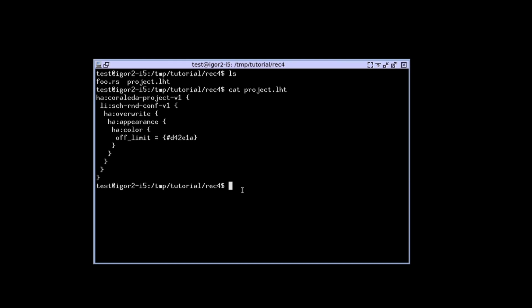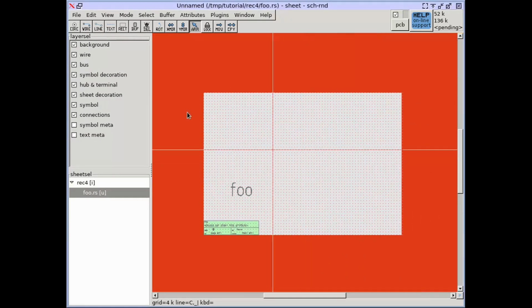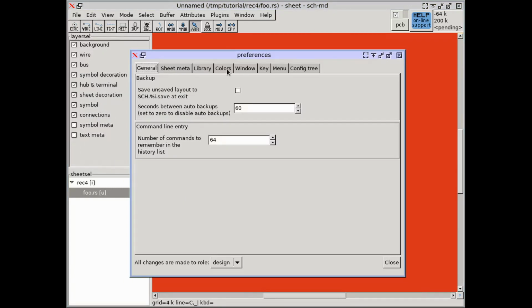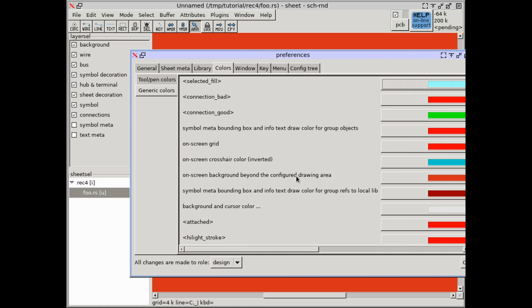Starting with a project configuration shown in part 1 of this tutorial, we have a bright border when loading a sheet from the project. But what if we don't remember where exactly the strange colour is coming from? Knowing the path of the config node,